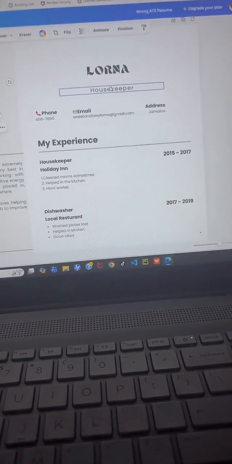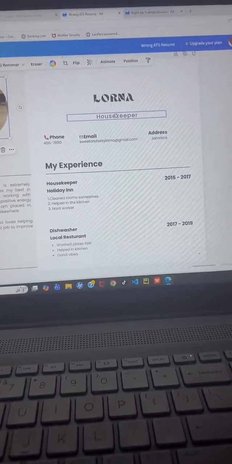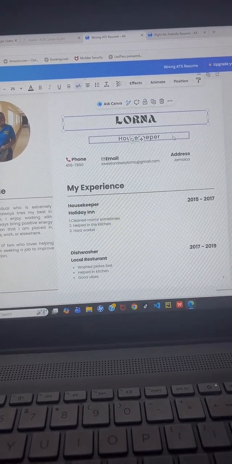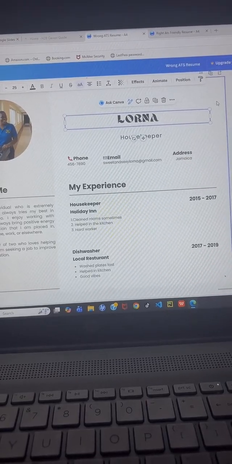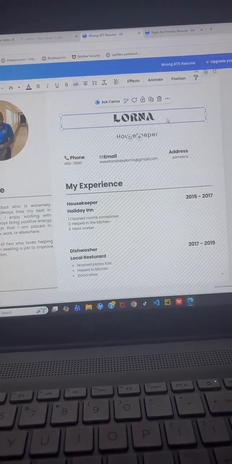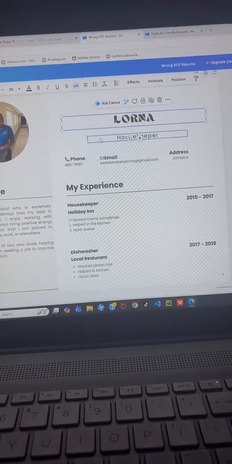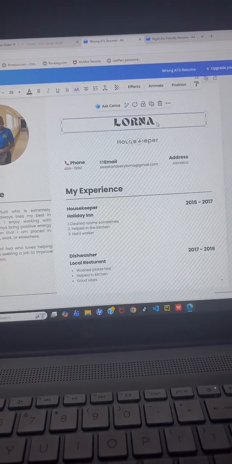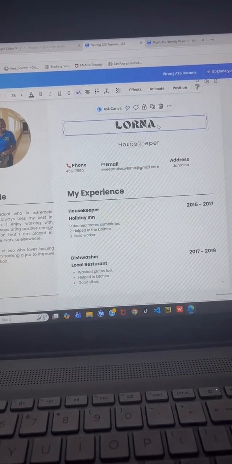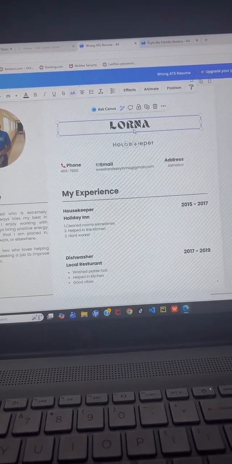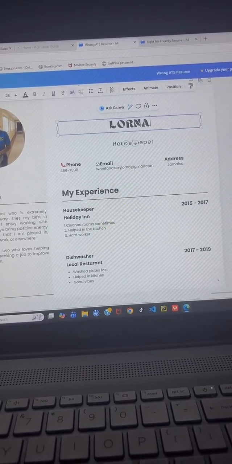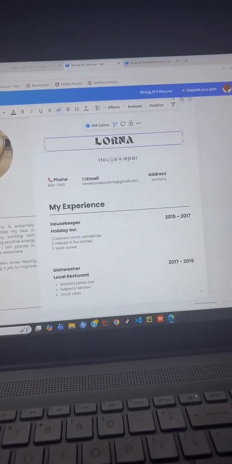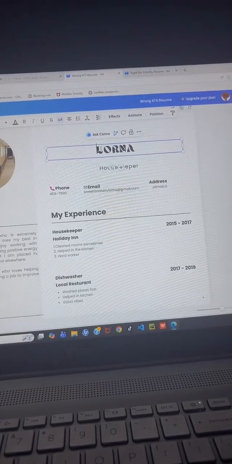So this is the interactive part. Can you tell me what is wrong with the name of this part? What is wrong right here? For the contact section for the resume, what is wrong here? Anyone can tell me what's wrong with this section here? Okay, no one can tell me. Alright, so what's wrong here?